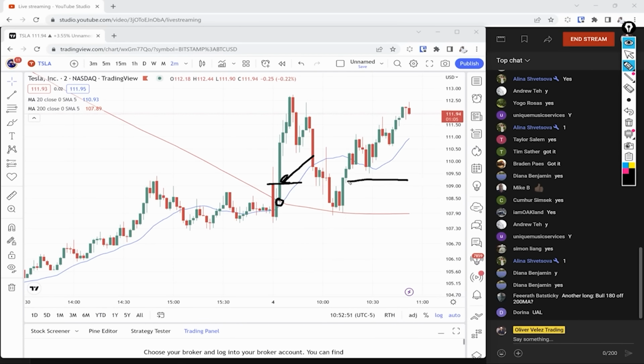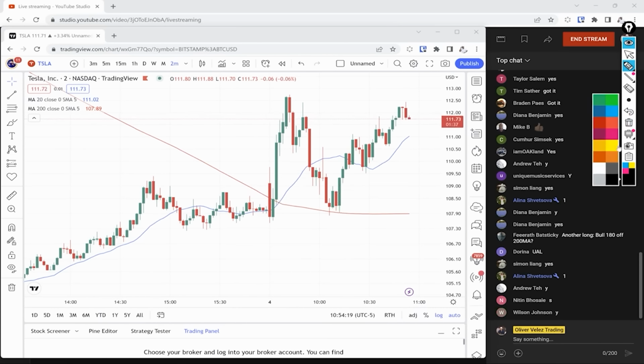Now, here is another one. You see this big bar here? Boom. Where is it being born? It's being born from the 200. Now, where do you buy it? Well, you can dive into the bar once it's clear that it's just pure power, but we have a reference point, the red bar before it. So your entry can be very precise. And the flatter that 200 period moving average, the more powerful it is.